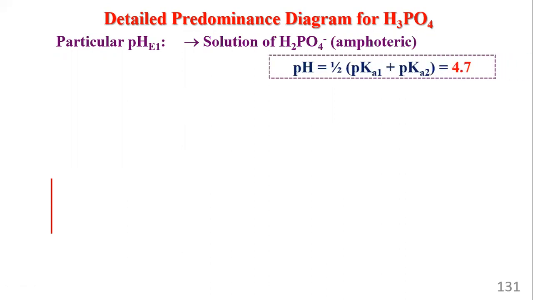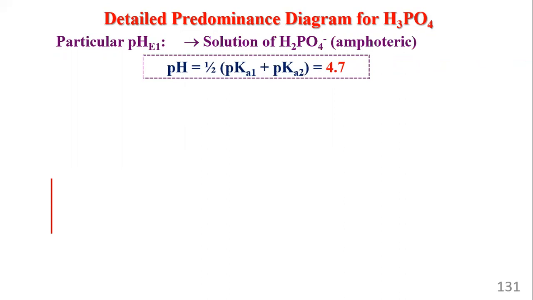And so in your mind here, guys, you're also thinking about the titration curve. That's the easiest way to think about it. The titration curve for the H3PO4 reaction with OH minus. So at the first equivalence point, remember all the H3PO4 gets converted to H2PO4 minus, right? Absolutely. And what is H2PO4 minus? It's an amphoteric species, and I can get its pH from half of pKa1 plus pKa2, which equals 4.7. At the second equivalence point,